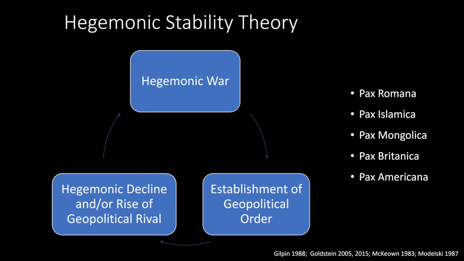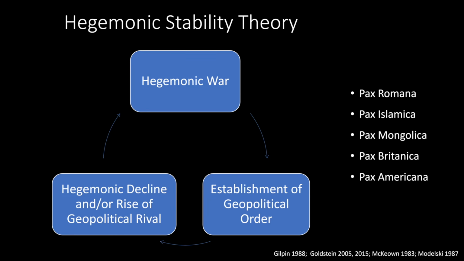Those periods of hegemonic stability, there's in general a century rule, that they tend to last about a century. Not always, some will last longer than that. But then there will be a war where the empire will be conquered by a rival, and out of that war you'll either have continuity, if the previously existing state wins, or a total upheaval and the formation of a new geopolitical order.